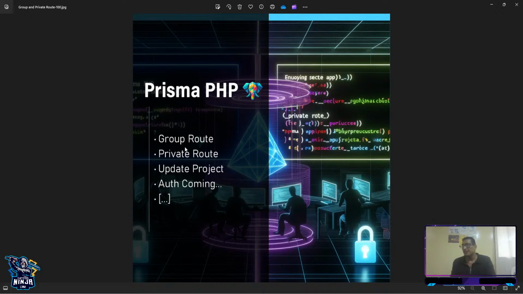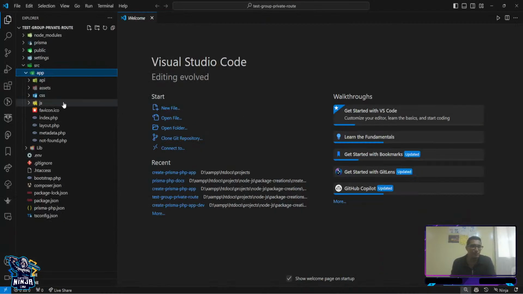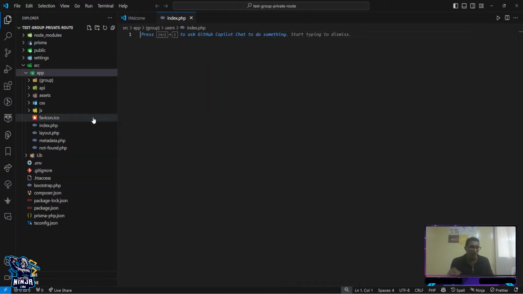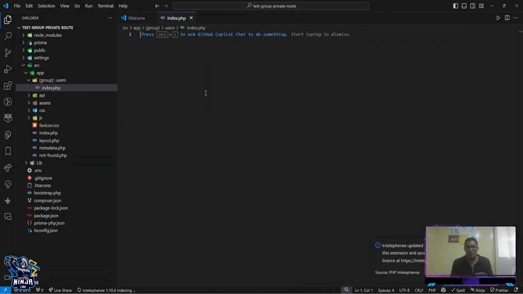for group routes, the app routes handle group routes now. So remember, for group routes you have to have your directory name with parentheses. So this is going to be group. I'm just going to say group, and then you're going to put the route. In this case, let's say users. So users is going to be my route, and inside users I'm going to put index.php. So I'm going to press enter, and then I'm going to proceed